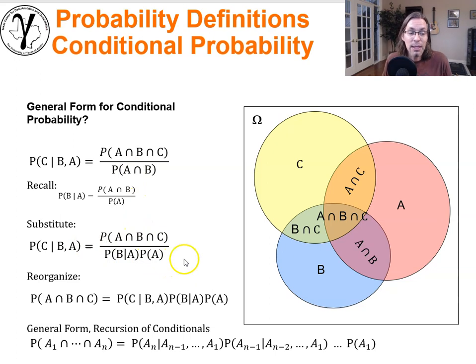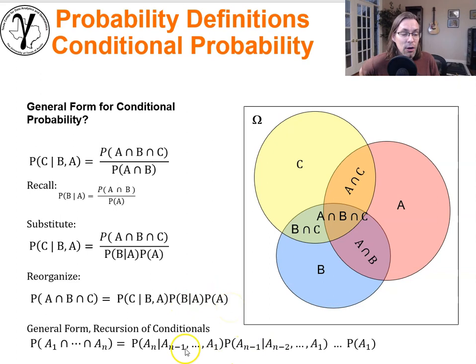You see that? Now this is super cool, because if we take this form and simply take the denominator out again and put it on the left-hand side, we now get the joint probability of A and B and C is equal to the probability of C given B and A times the probability of B given A times the probability of A. Now, do you see that pattern? It's a super cool pattern. It's a recursion of conditionals. The joint right here can be solved for as the probability of C given B and A. Now we can take that apart as the probability of B given A, and now we just take the probability of A.